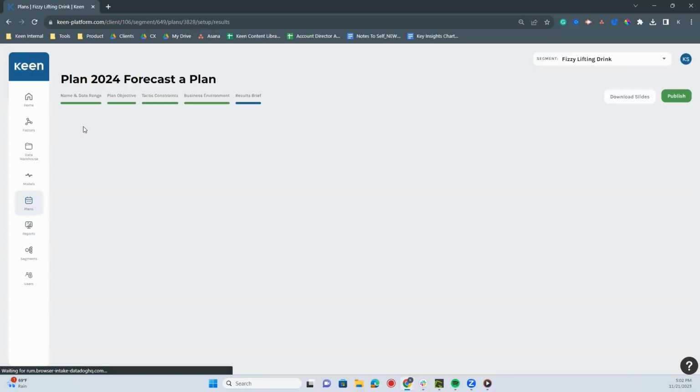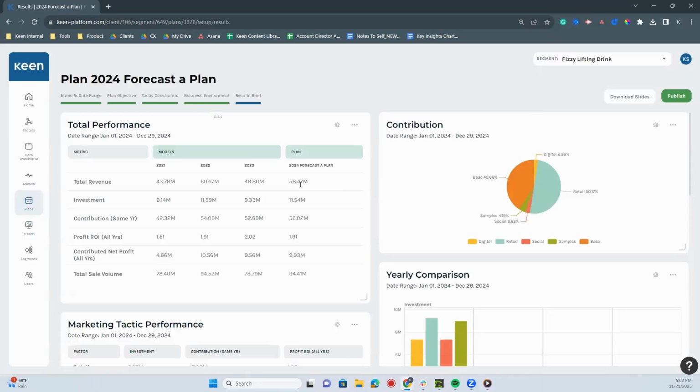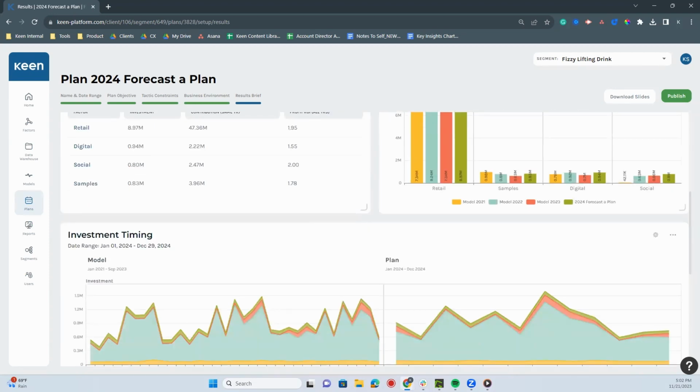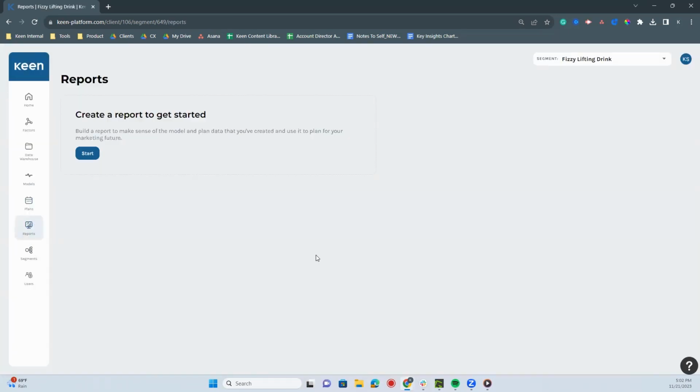And in creating plans, we were able to take a quick look at the results that were projected from each individual plan. But now it's time to really dig into some of these KPIs and understand how the plans compare to one another, so that we can start to hone in on what exactly we want to do for next year and what our overarching goals are. And also compare how these plans shape up as compared to the model, the historical period. So we're looking at a lot of information in one, but we can dive into all of that with a